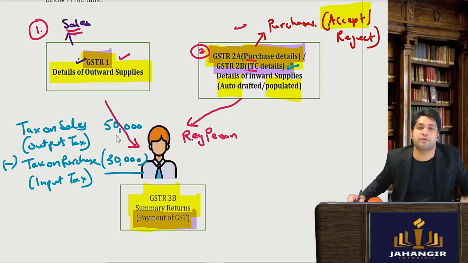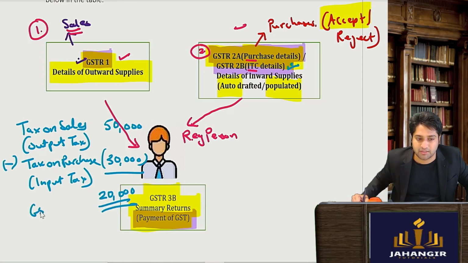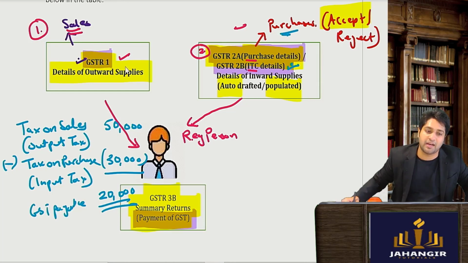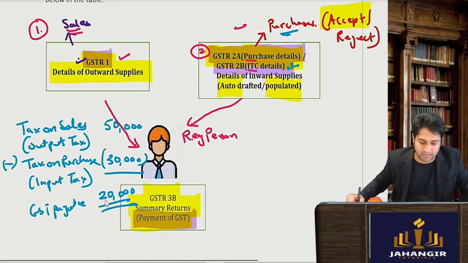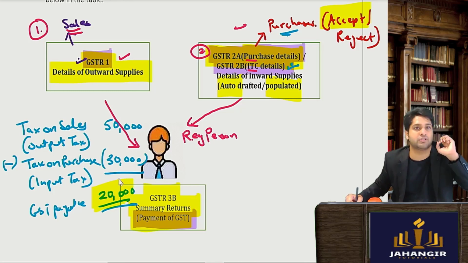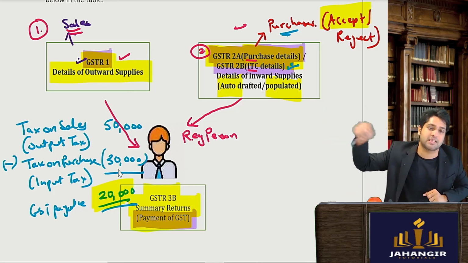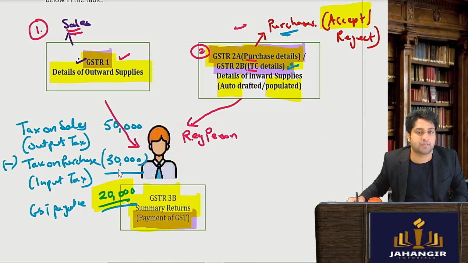तो इसके लिए अभी 50 में से मैंने 30 भर दिया था, इसलिए मैं रख लूँगा और बैलेंस 20,000 ही गवर्नमेंट को पे करूँगा मैं. This is my GST payable. I'll tell the government 30,000 I've paid you here on my purchases, and now on my sales I've collected 50,000, taken an ITC, input tax credit, of 30,000 and only the balance I have to pay. So in total government gets 50,000 in parts, first on my purchase and then on my sales. I hope this is clear.